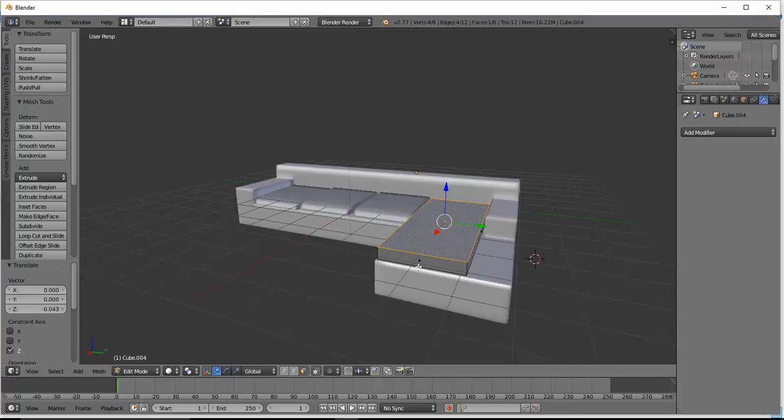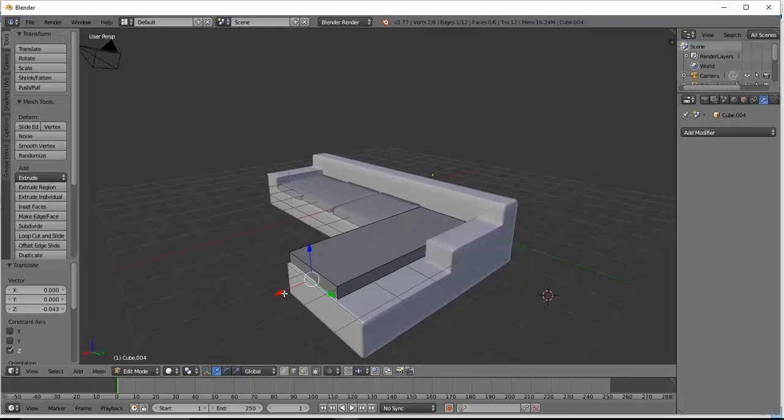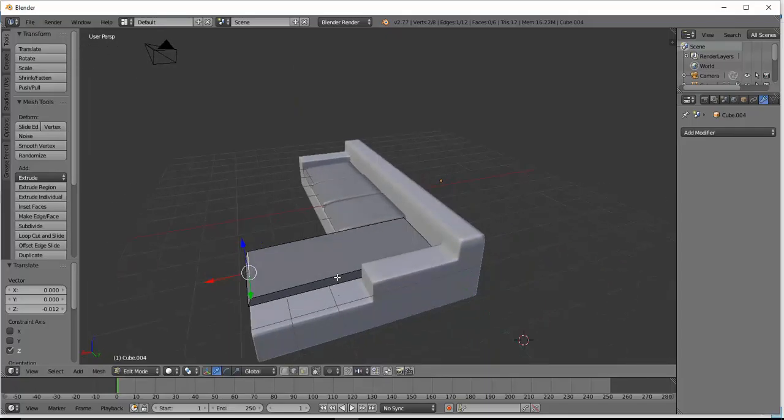So I'll click on this edge mode, this edge, pull it out a little, then this one, I'll push it down like this. From there I'll add an edge loop here, Ctrl R,